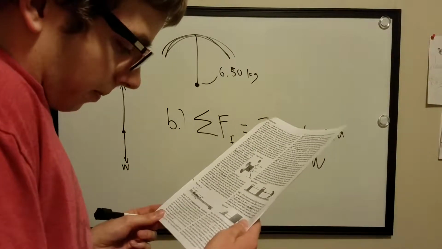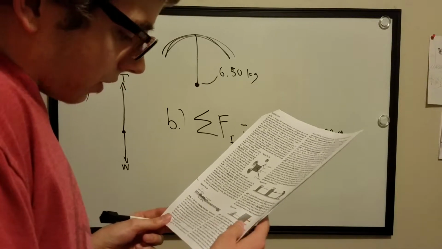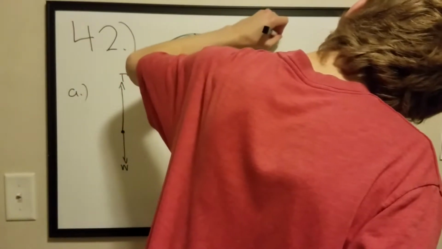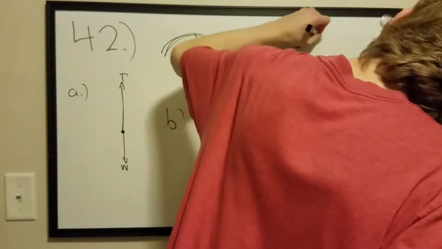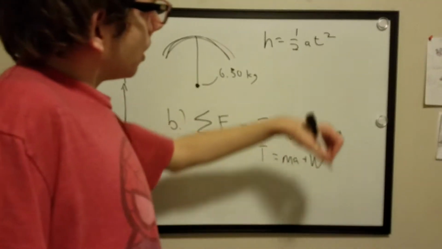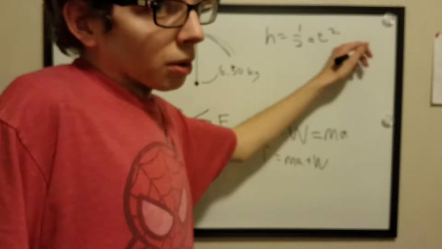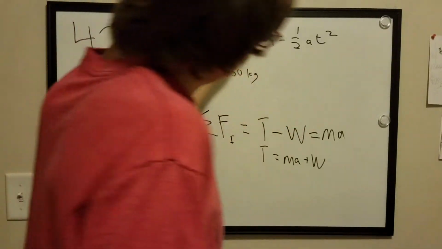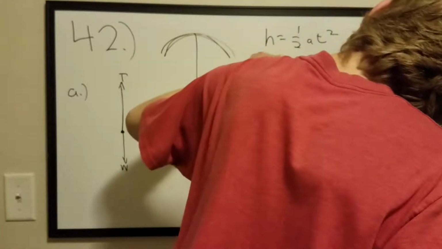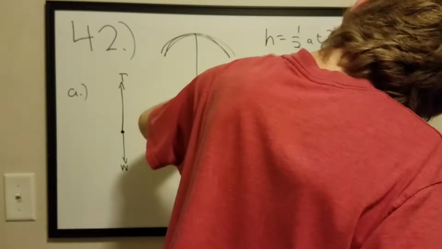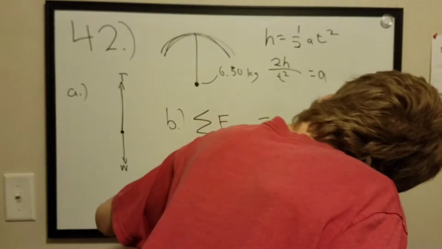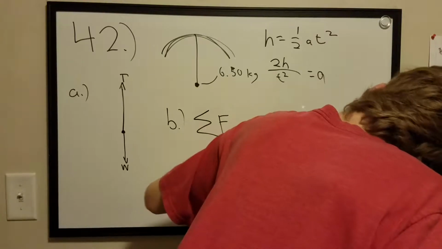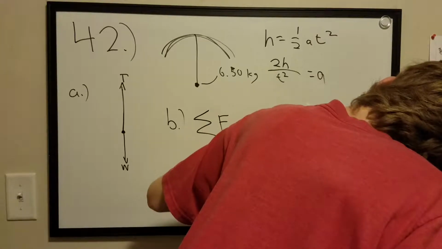So it says here that the rocket reaches an altitude of 276 meters. So we're going to use a kinematic equation. We're going to use height equals 1/2 a t squared. And the rest of the equation would be v initial plus x initial, though both of those are 0 because it starts from rest from the ground. So if we quickly solve for acceleration here, it would be 2h divided by t squared equals a. So then we just move that down here: T equals m times 2h over t squared